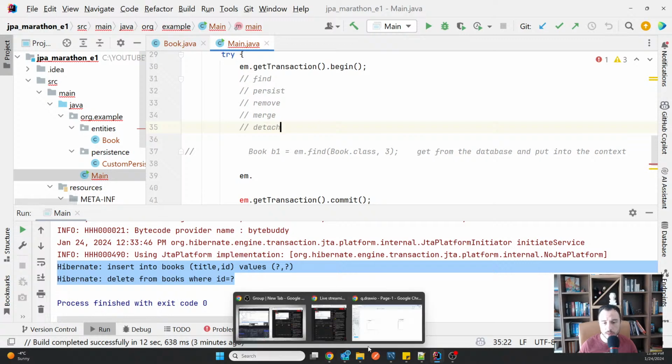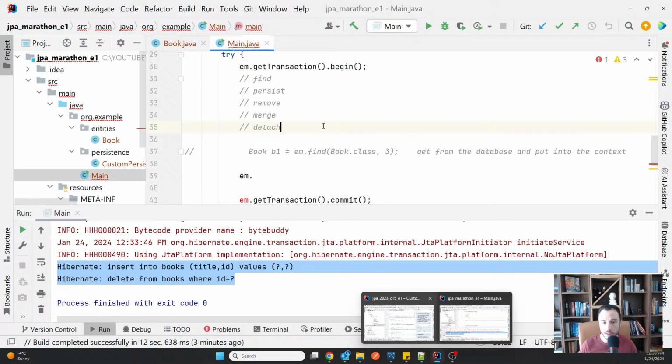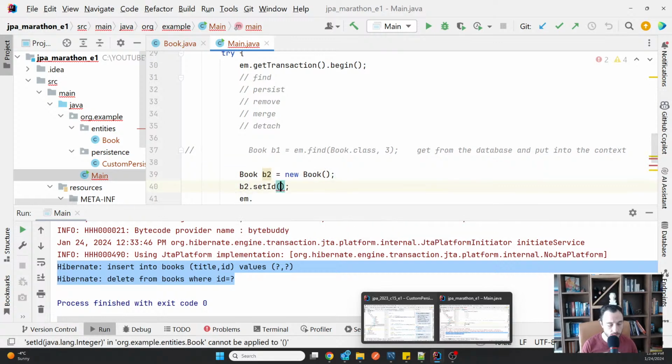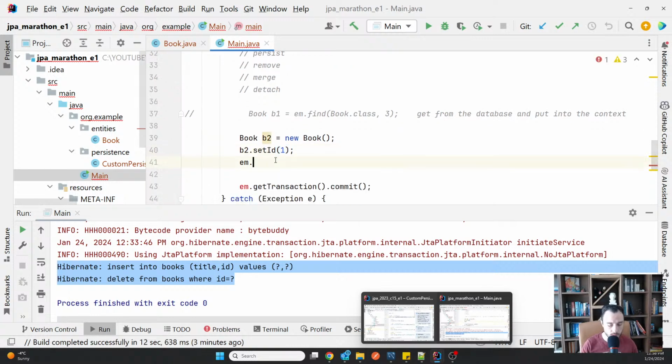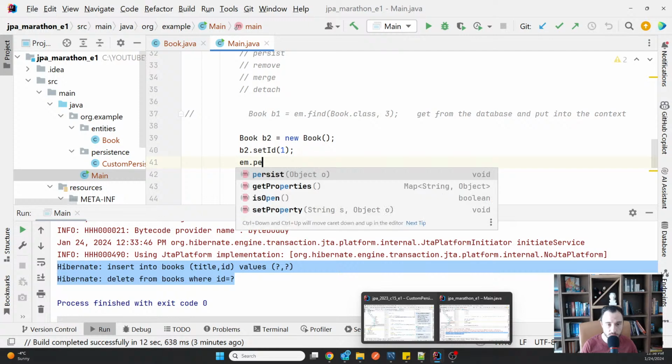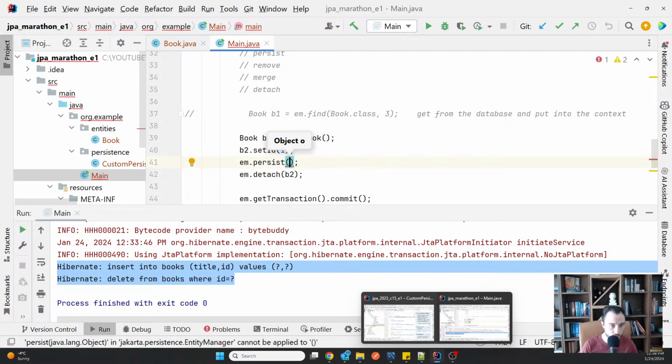I'm actually curious what would happen if we change our example, like we had book B2, new book B2 set ID 1, and then you say detach B2, which is no longer in the context. So normally, sorry, em persist first, you put it in the context and generate a persist, and then you detach it from the context. This is also interesting.